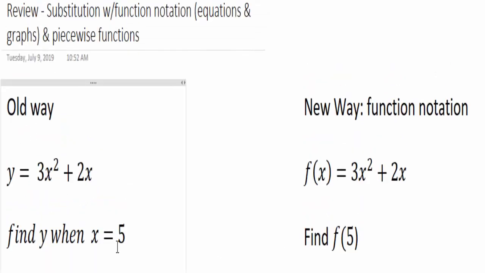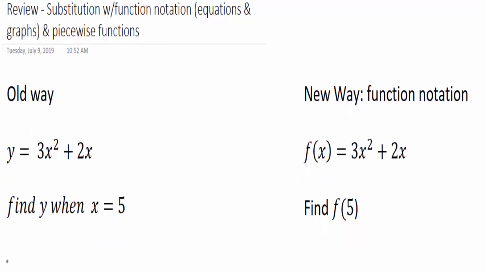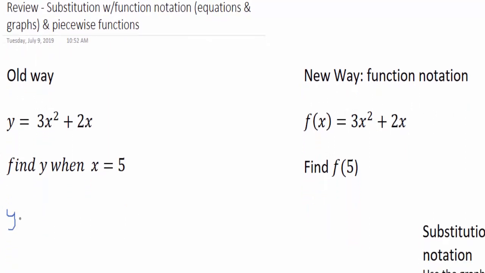Okay, so you probably are familiar with this, what I call the old way, where we have something like y equals 3x squared plus 2x, and you are to find y when x equals 5. So to do that, we substitute or plug 5 in for x. We have y equals 3